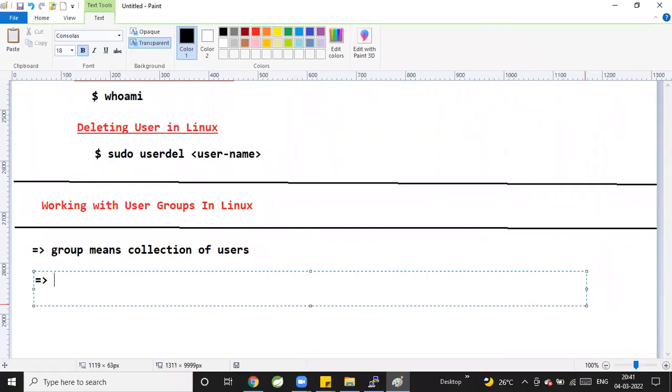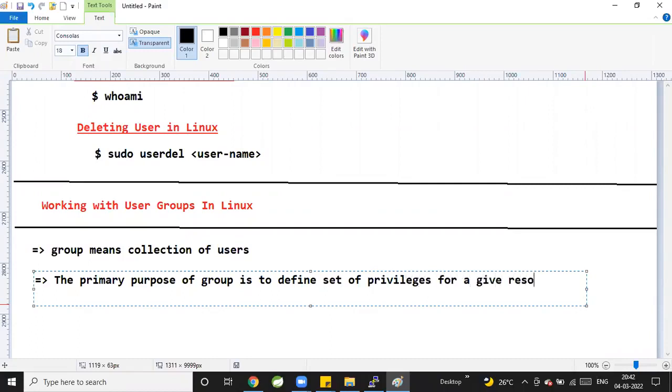The primary purpose of a group is to define a set of privileges for a given resource, nothing but rules, nothing but permissions for a given file or resource,